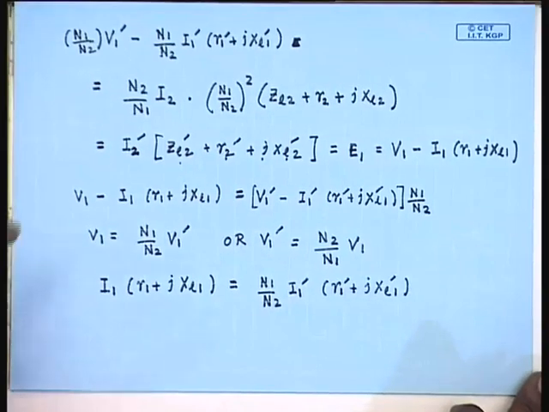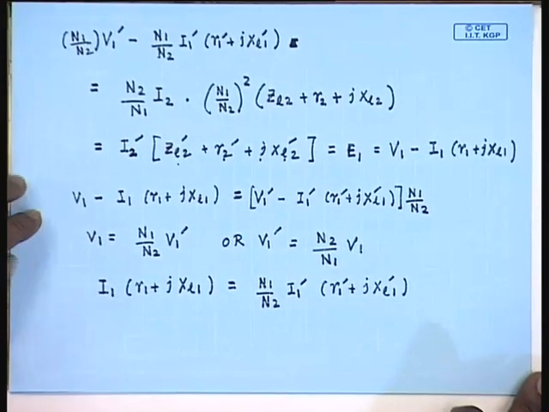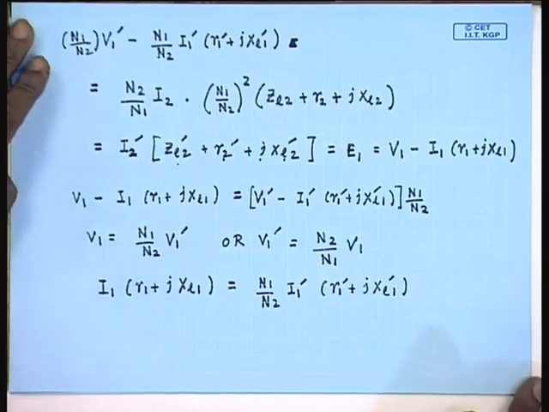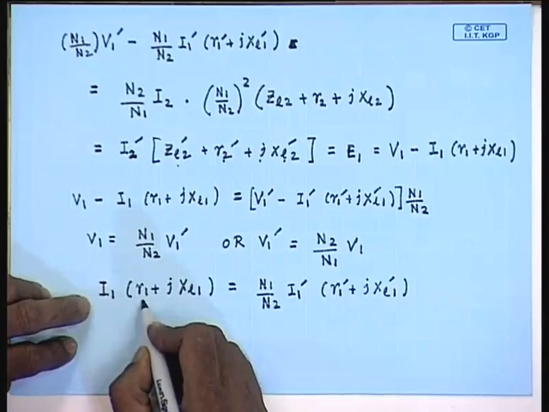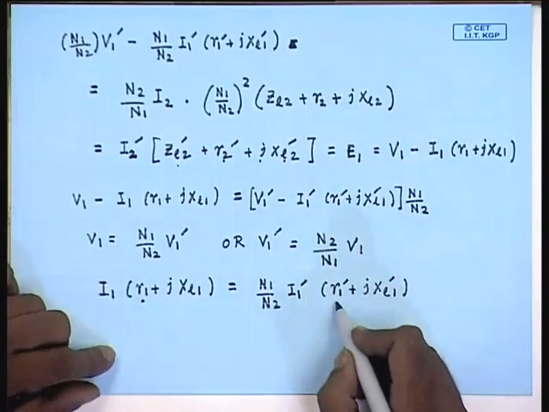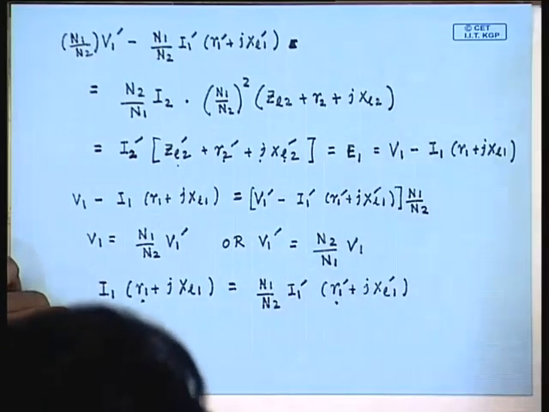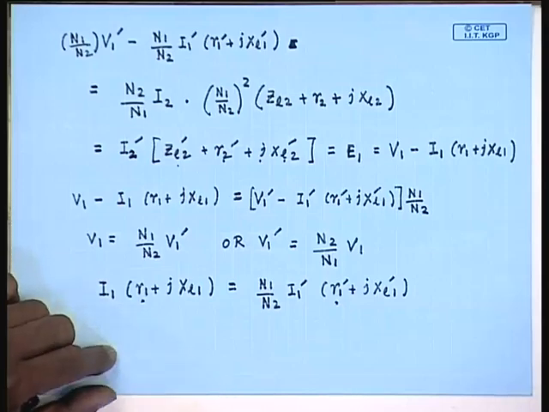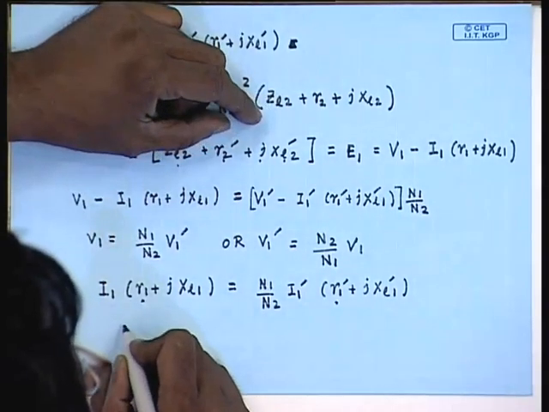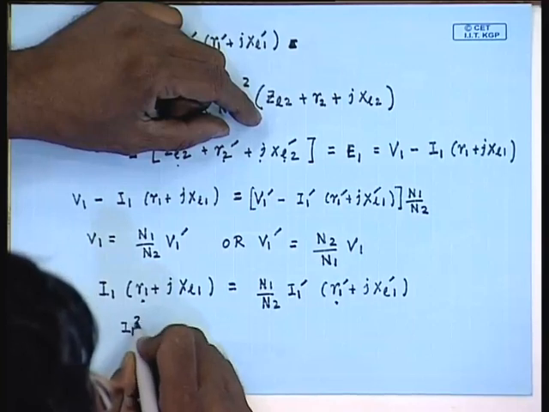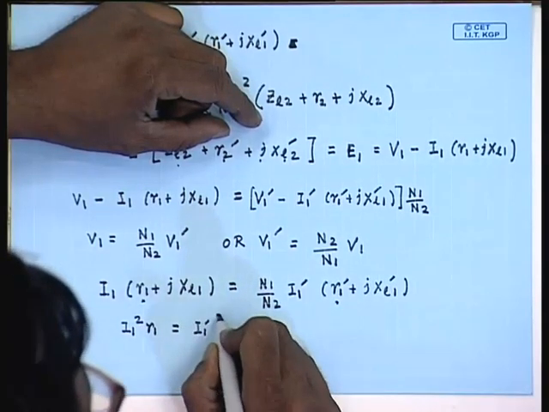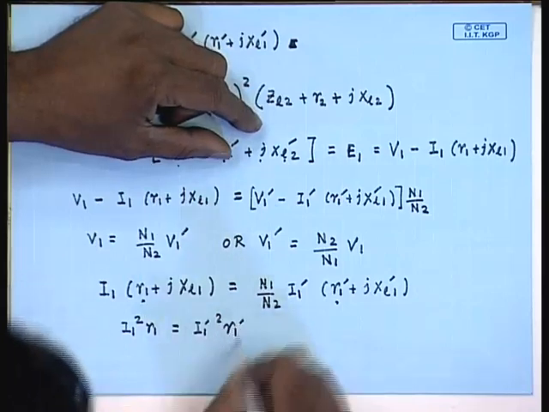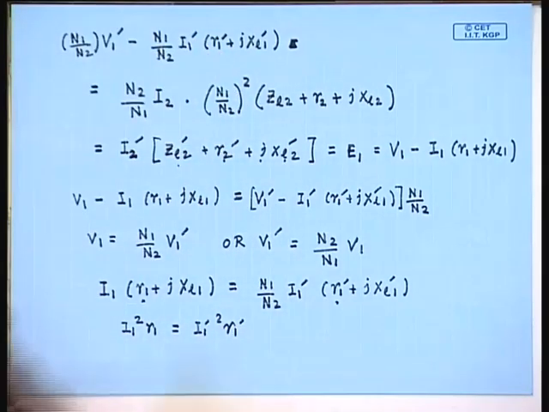If we want the power relations, power consumed by the resistance R1 should be same as the power consumed by the resistance R1 dashed in the equivalent circuit, then we must have I1 square R1 equal to I1 dash square R1 dash. This will be ensured if I define